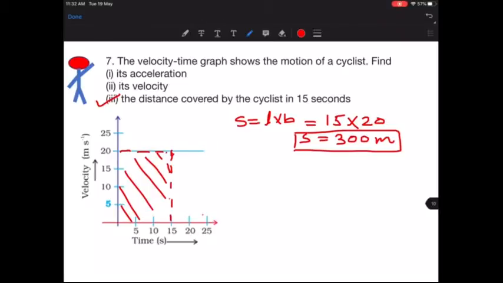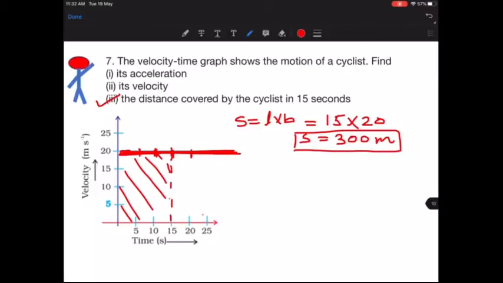Okay. Now what we have to do is we have to calculate the acceleration. Okay, what is the acceleration here? Can you tell me? Look at this graph here. This line actually shows the velocity, which is going straight. What does it tell you? It tells you that at 5 seconds also the velocity was 20, at 10 seconds also the velocity was 20, 15 seconds also the velocity was 20, 20 seconds also the velocity is 20.